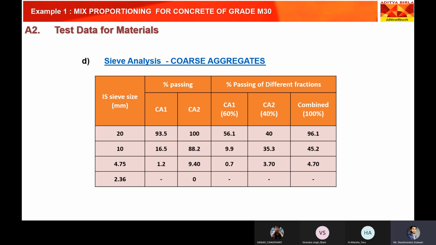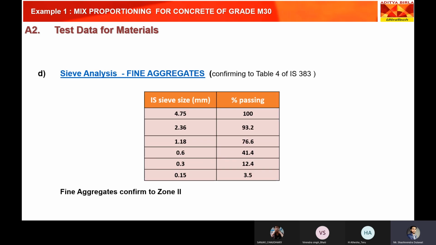Similarly, the sieve analysis of fine aggregates. It is conforming to table number 4 according to Indian Standard 383. Here you can see the table, and the fine aggregates conform to zone second. According to zone second, these are the values of fine aggregate. Similarly,